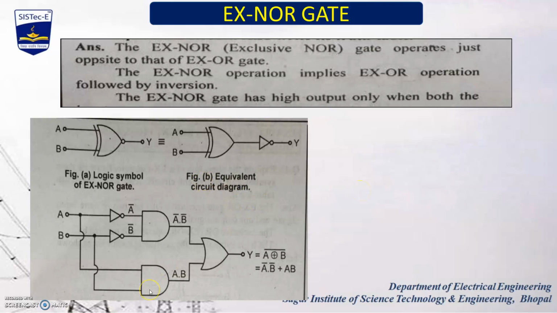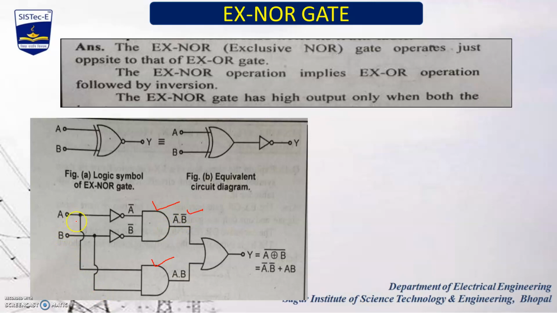Dear students, with the help of this detailed logical diagram, we can understand the operation of the XNOR gate. Here we have taken two inputs, the first is A and the second is B. The inputs A and B are applied to two AND gates. In the first case, I have taken two NOT gates, and the outputs of the NOT gates are A bar and B bar. We apply A bar and B bar as the input of the AND gate, and finally we get A bar dot B bar.